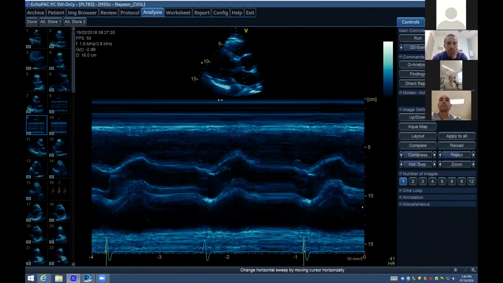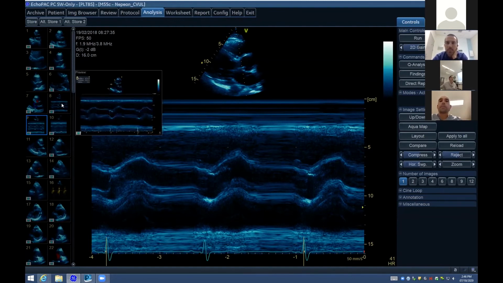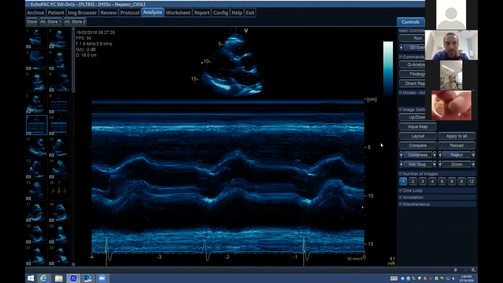Okay, so Ben, what do you think of that? So I'm looking at an M-mode trace through the aortic valve on a parasternal long. Just before I look at the M-mode, with regards to the still up the top showing where the trace is going, the aorta looks dilated immediately distal to the aortic valve. I'm not sure where the coarct was that was repaired, but it looks aneurysmal or dilated at the very least. But again, I don't know where the repair was, and if that's just an artifact that I'm seeing there. With regards to the M-mode trace down the bottom,